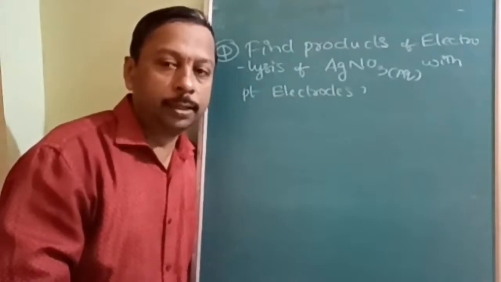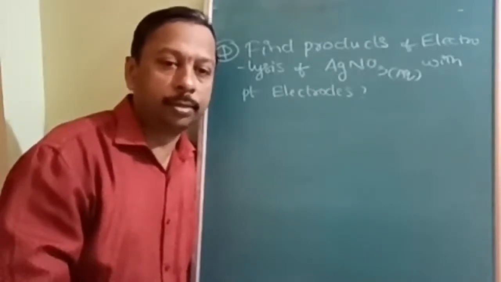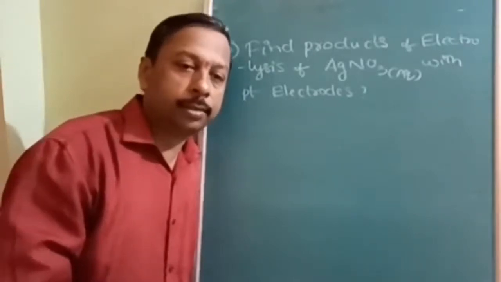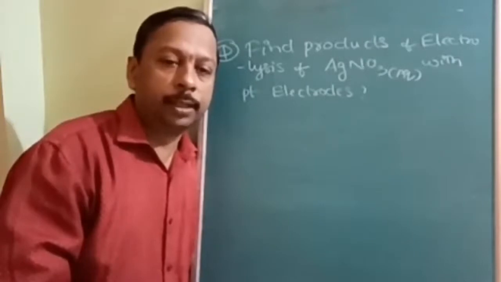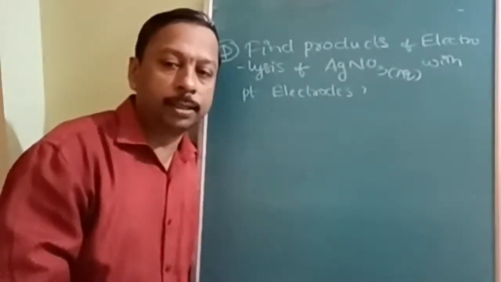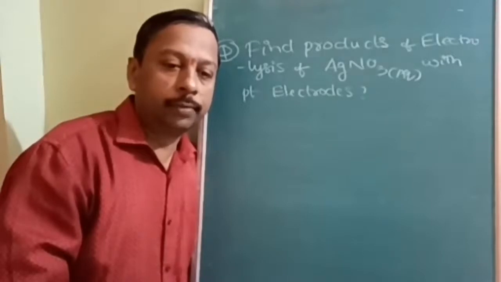Towards the anode, two ions are coming; towards the cathode, two ions are coming. When one electrode is approached by two or more ions, preferential discharge theory or selective discharge theory is used. Especially it is used in aqueous medium. In aqueous medium, water can give H plus and OH minus. Apart from that, the salt will also give you the cation and anion. So there will be selectivity between the present ions and given ions.